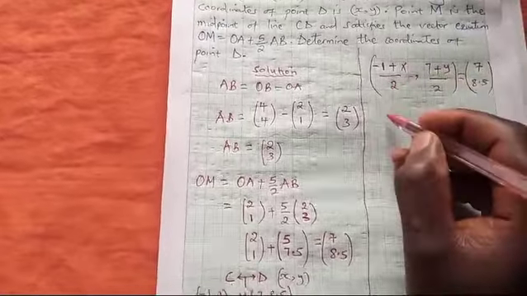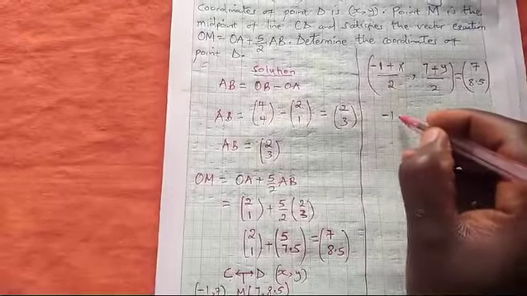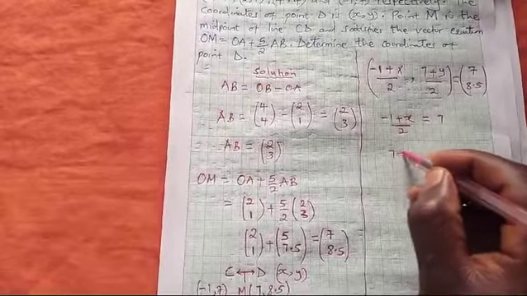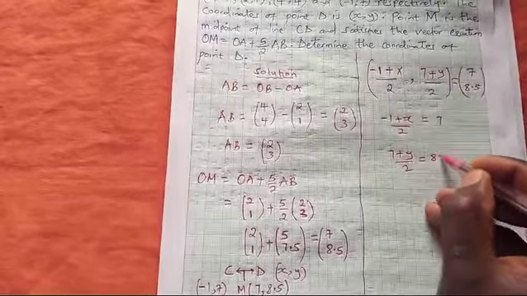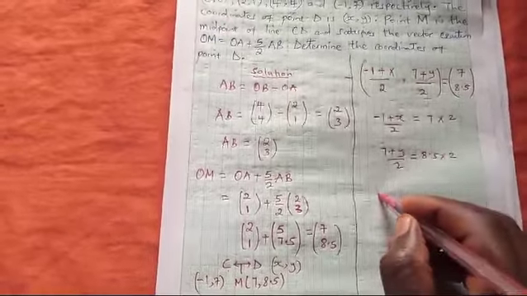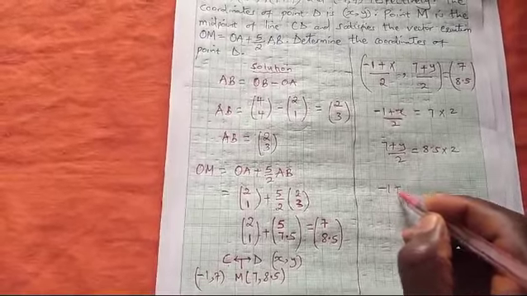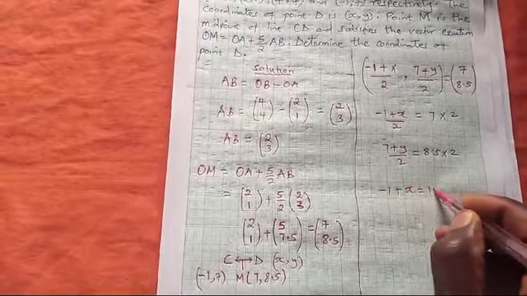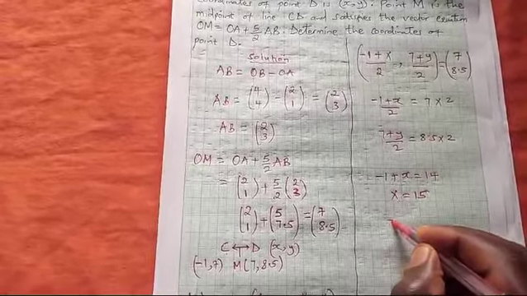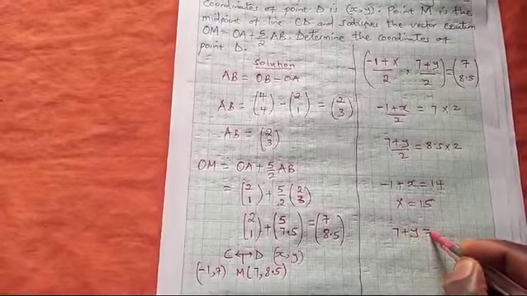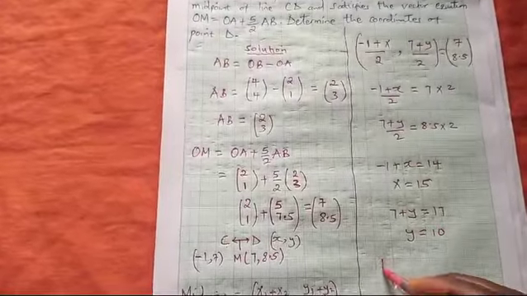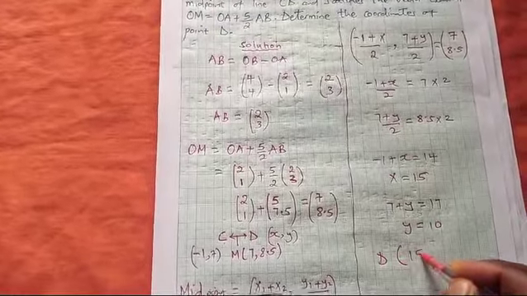We proceed now and say (-1 plus x) over 2 is equal to 7. Then (7 plus y) over 2 is equal to 8.5. We multiply both sides by 2. The first one gives us -1 plus x equals 14, so x is equal to 15. The second one gives us 7 plus y equals 17, so y is equal to 10. So the coordinate for D is in fact (15,